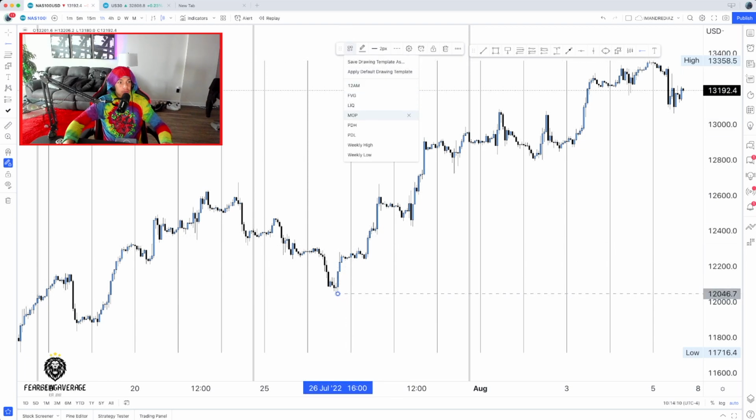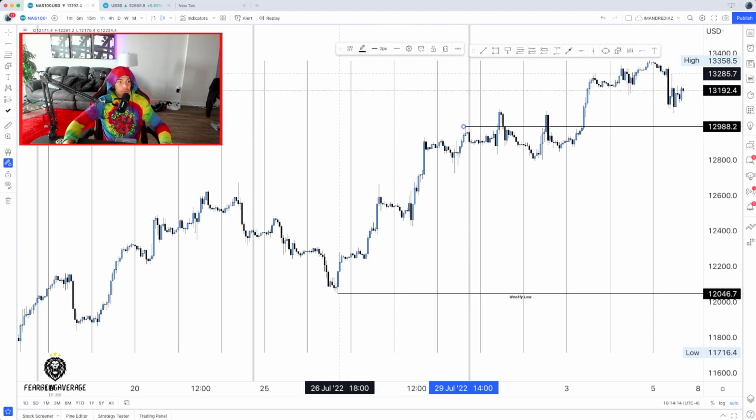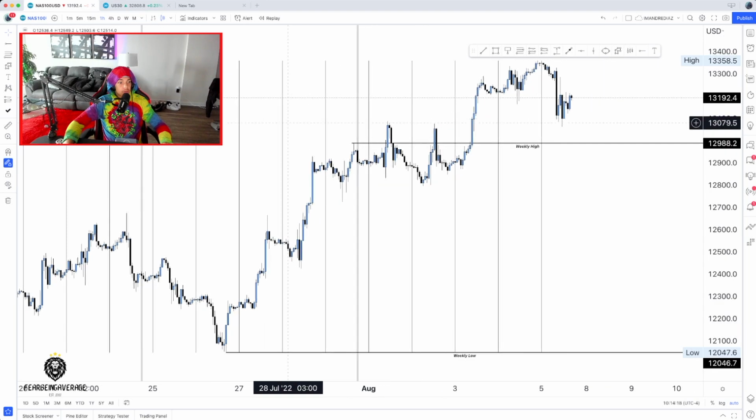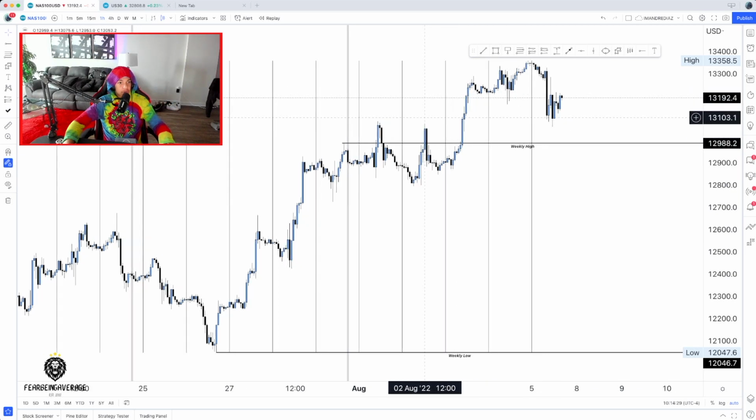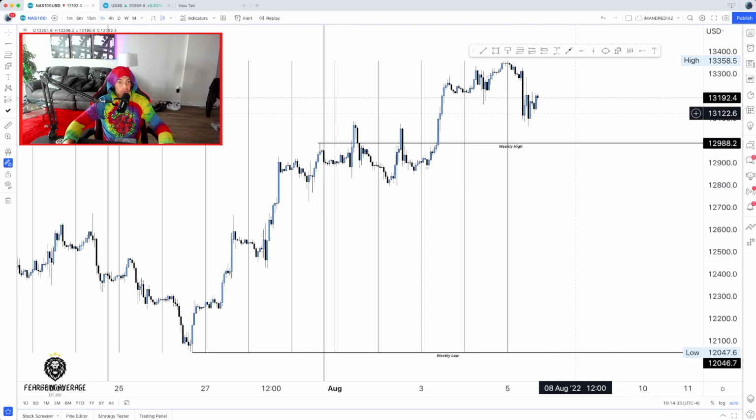So more than likely, just based off of this, you could tell that it was a bullish week for the most part. You can see last week's low to this week's high, we had this retest right here. Not this retest, we had this high, but overall price continued to keep pushing and had a trending week. We didn't really have any lows or major retests. So in my opinion, we might get one next week.